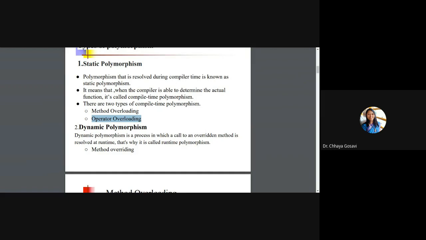But if you want the plus operator to concatenate two strings, or to add two different matrices, or to add two times, type t1 and t2, meaning hours, minutes and seconds, and calculate the new timing like this, then you have to write a function to perform operator overloading.